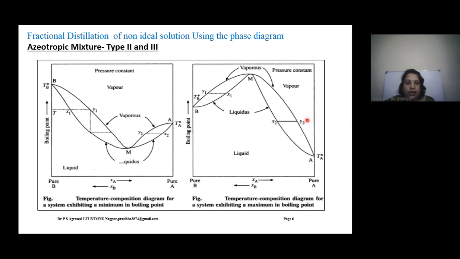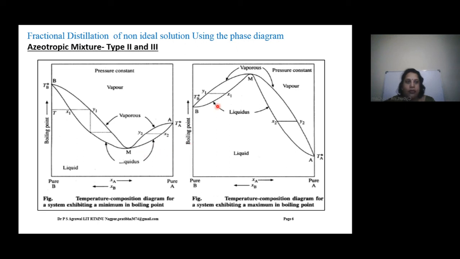Also, if you are on this side, then the composition of the liquid will move like this and the vapor will become gradually rich in this. So we will get this one, pure A and this. So we have seen that for the liquid mixture of composition M, in both graphs we are seeing the composition M